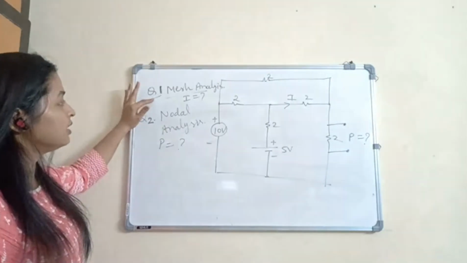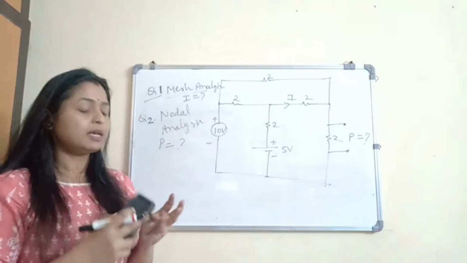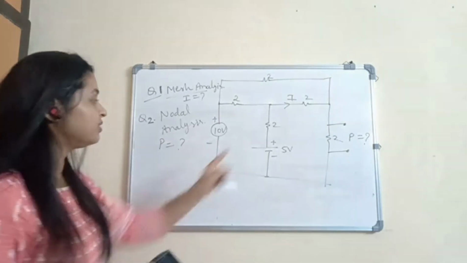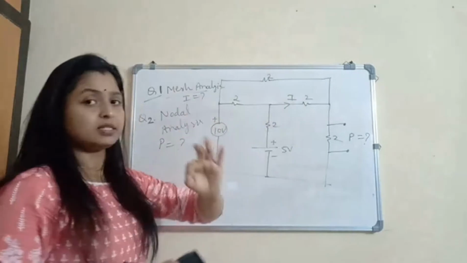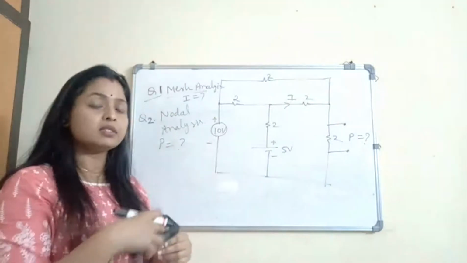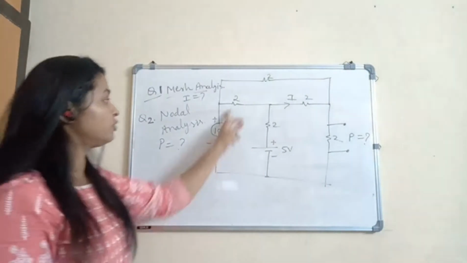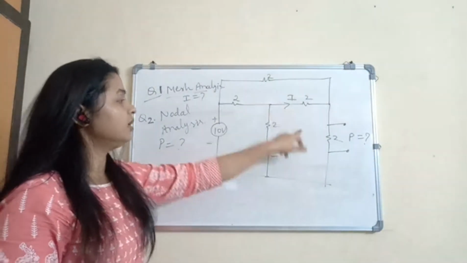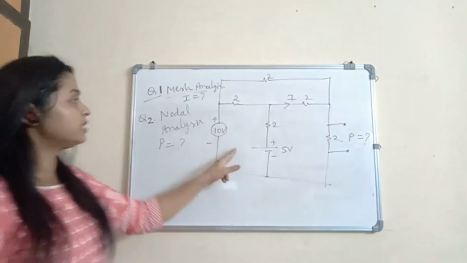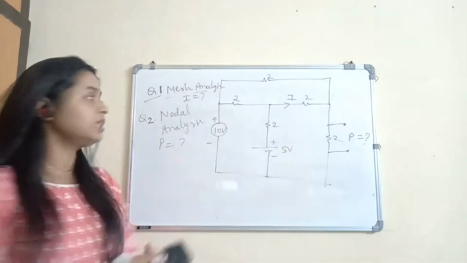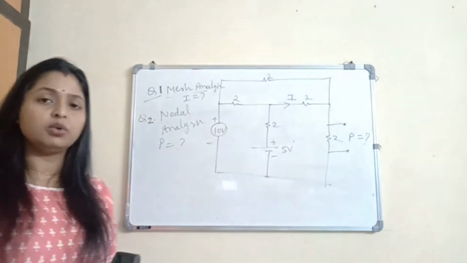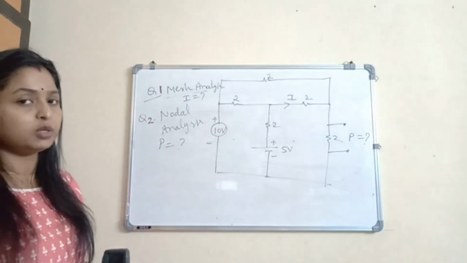How do you apply mesh analysis? Step number 1 says, recognize the number of smallest closed loops in the circuit. So yes, I can recognize 1, 2, 3. Smallest, inside which there is no other closed path. Next step of mesh, assume the flow of current. You have to assume it. While assuming, the assumption should be realistic. After assumption, apply Kirchhoff's voltage law. It means I must have equation number 1, 2, and 3. With 3 equations, apply Cramer's rule, solve those equations, and get the values of I1, I2, I3.